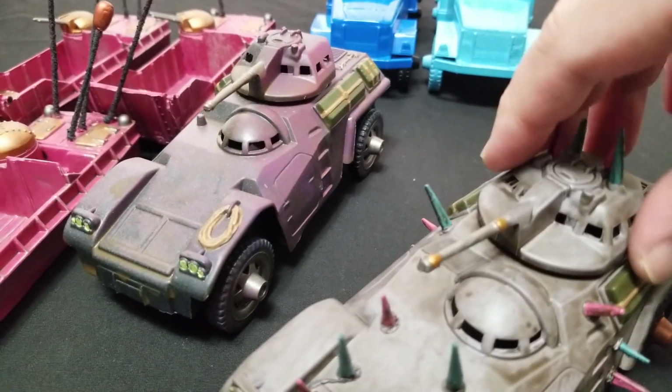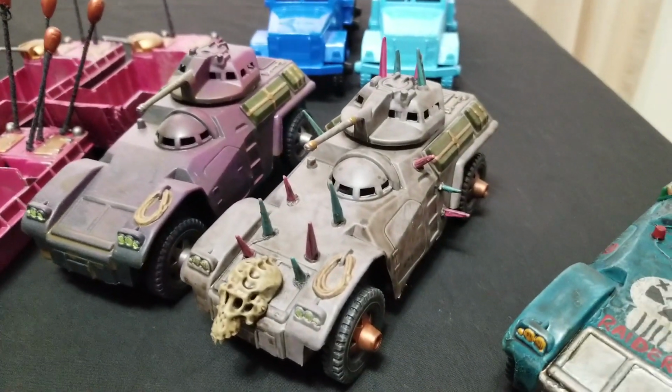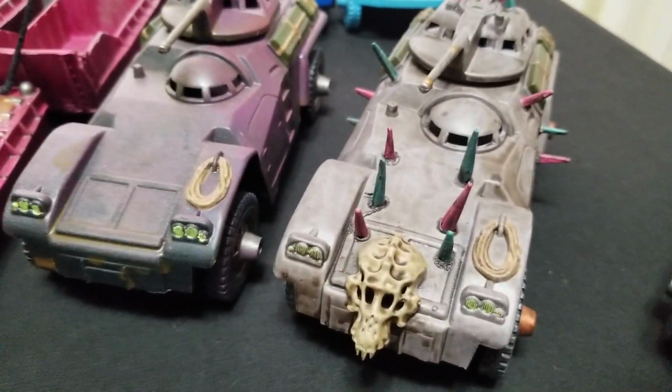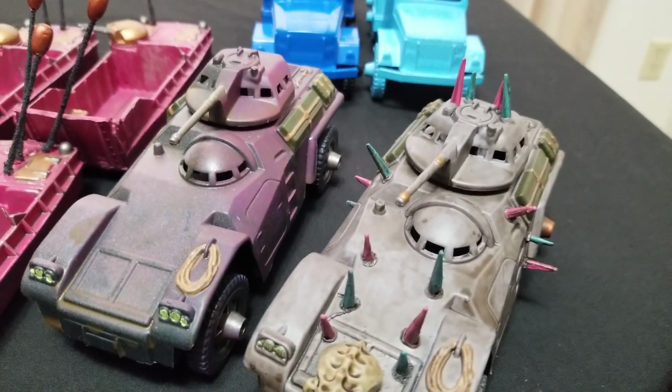And that's how I made all these little spikes on here as well. This was very much inspired by the buzzards from Mad Max Fury Road. Those vehicles are covered in spikes, and so we did exactly the same thing here. We just painted them all kinds of crazy colors to make them look suitably Mad Maxy and crazy looking